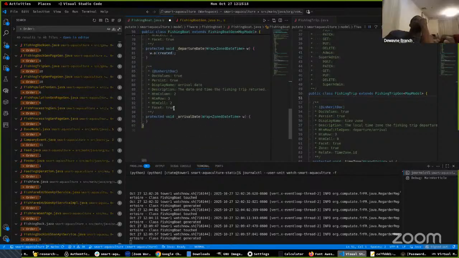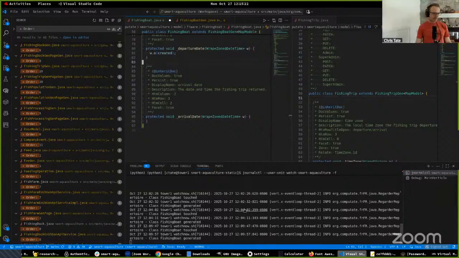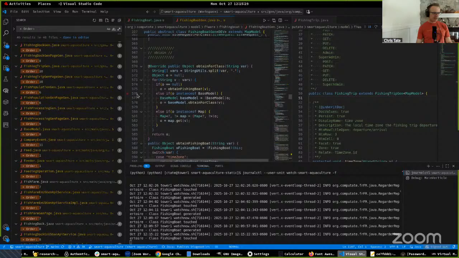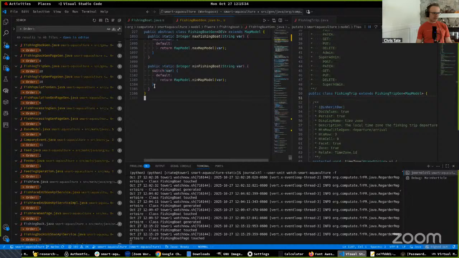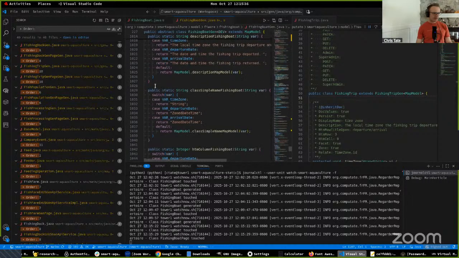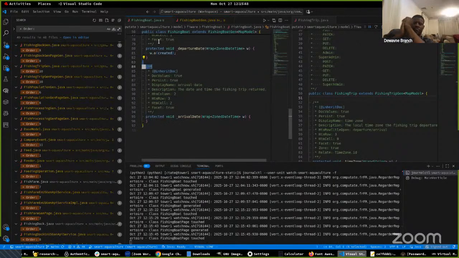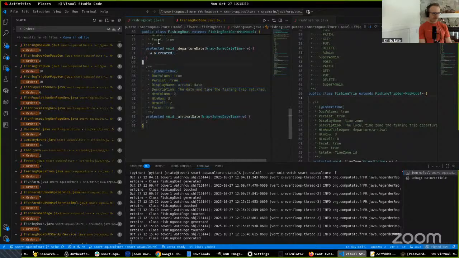So if I save this, then it's going to regenerate some code here. And instead of 576 lines of code, it's now 1,100 lines of code and has some handling for time zone, departure date and arrival date. But let's go add some more, because fishing boat should have like